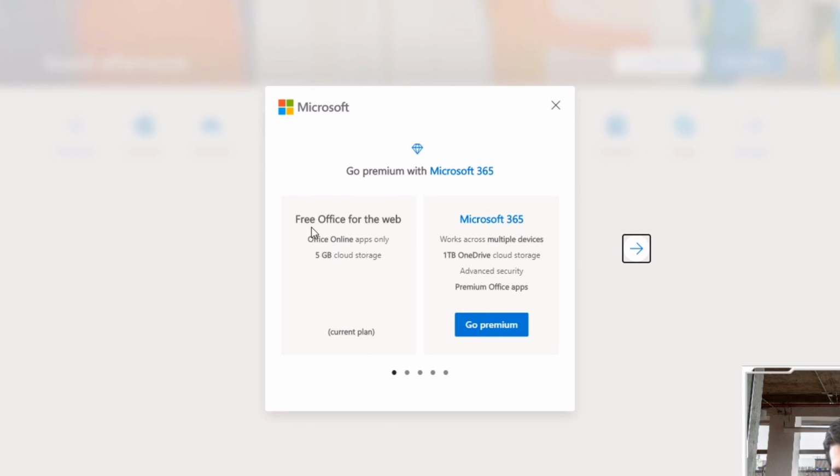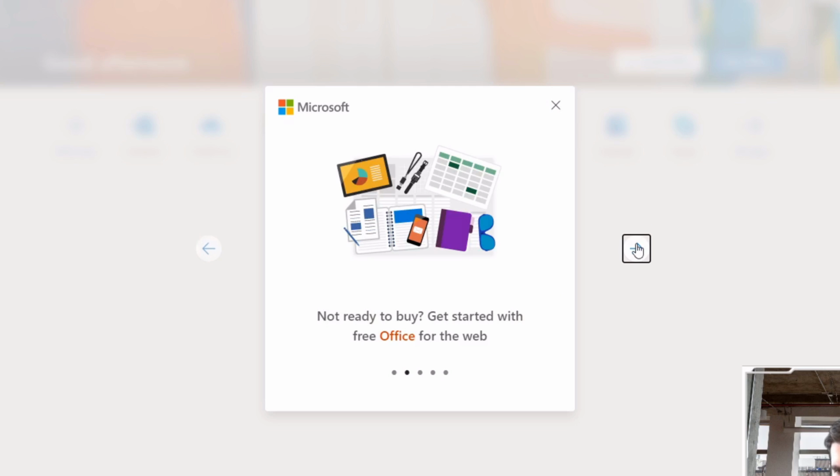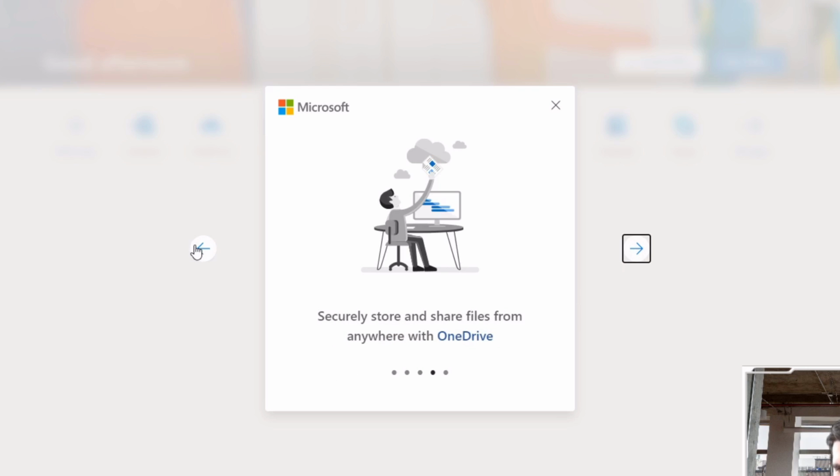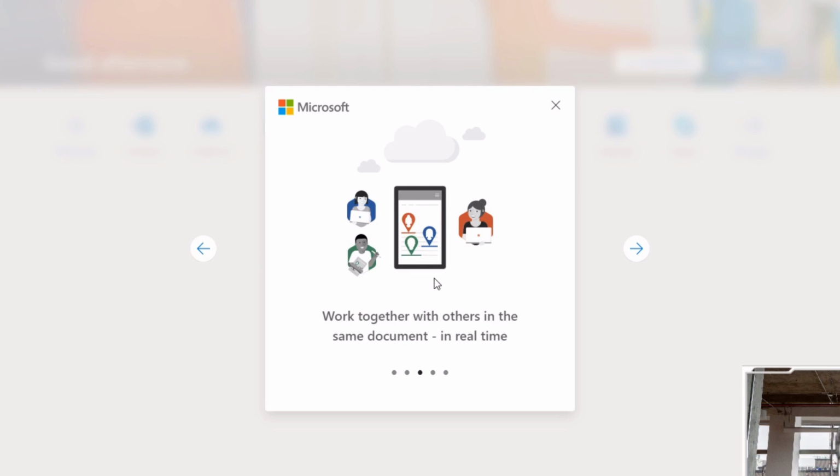Right, so we have free Office for web, Office online apps only, 5 GB of storage, and that's the current plan. Obviously they're trying to get you to upgrade, but I'm not going to do that. I'm just going to go through some of these. Not ready to buy, get started with Office for free. I am. Work together with others in the same document in real time, which is a really good function of